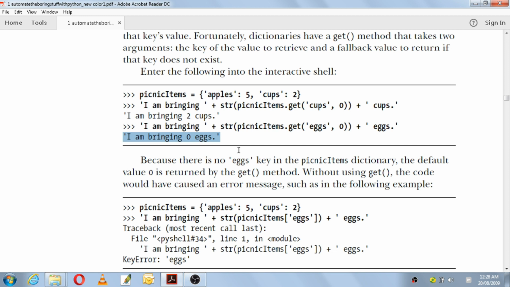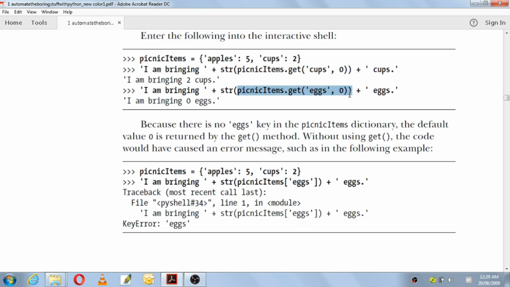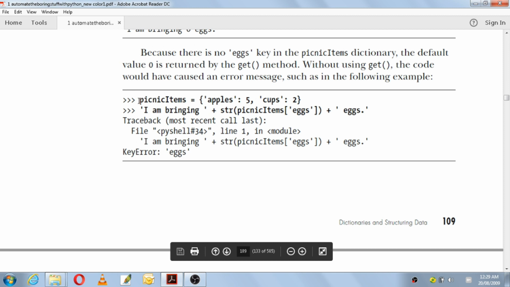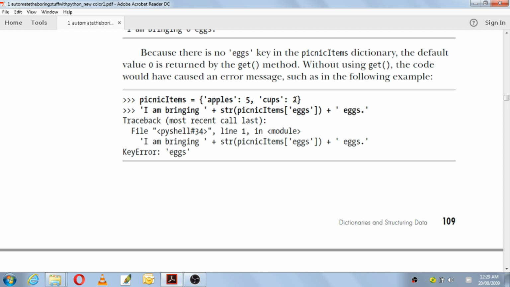Now if you do not use the get method and you are trying to access a particular value from a dictionary, if that key does not exist, then what will be the problem? See here, we have picnic items equals what here? Apples 5, cups 2. The same dictionary as above, and the same message we are trying to print. "I am bringing" plus concatenation, str function is there, picnic items, and in the index what you have written here, the key value is eggs.